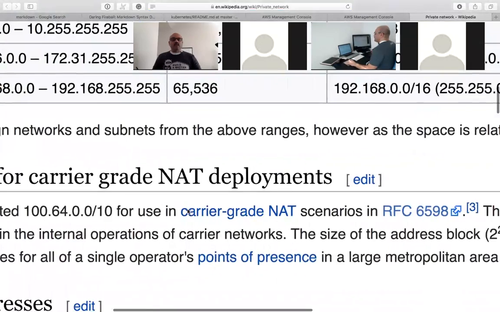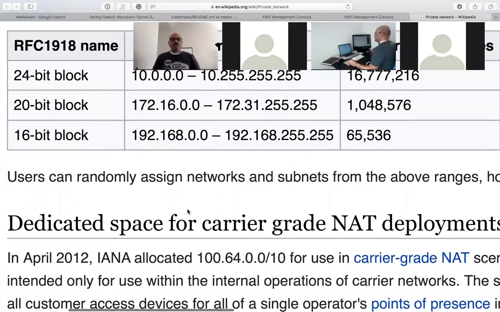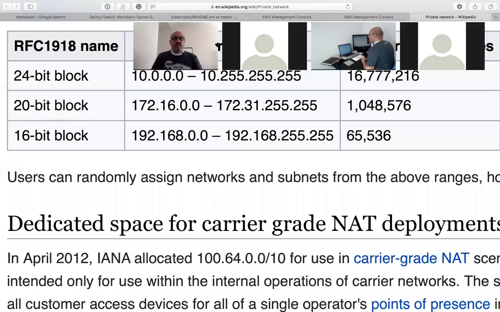The two other ranges that are classified as private ranges according to the specification for RFC 1918 are, first, the range 10.0.0.0 all the way through 10.255.255.255. That whole block contains about 16 million addresses and has been set aside, demarcated to be known as a private area. Similarly, the address range